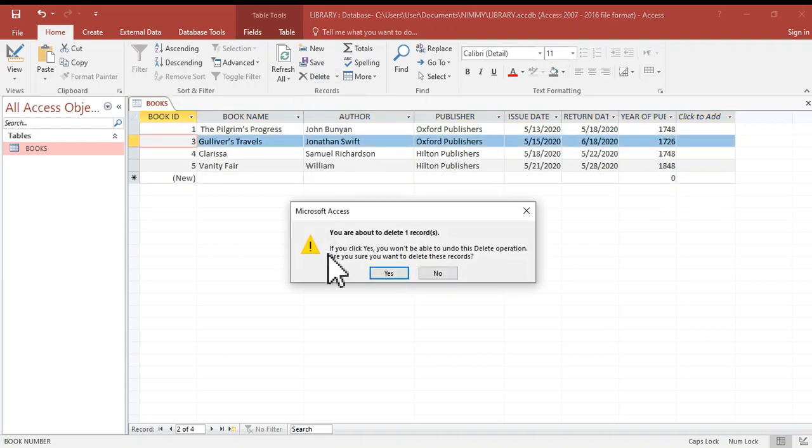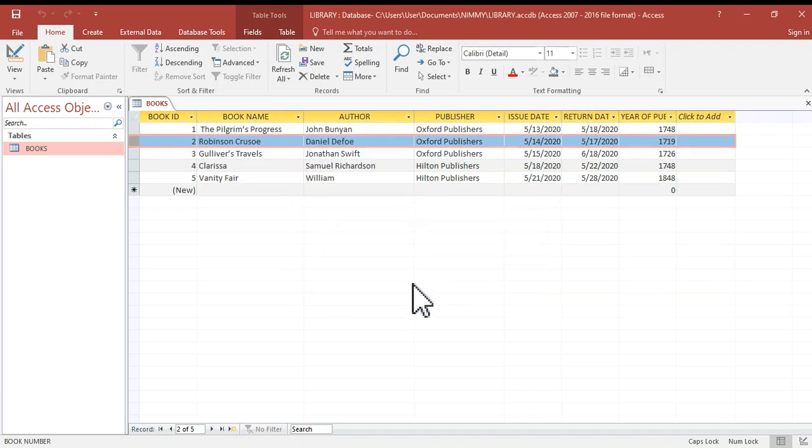Just click over there. You will get one confirmation window. Are you sure you want to delete the records? If you want to delete, you can click yes. So here I don't want to delete, so that's why I'm just selecting the no option. Alright. Now how you can see